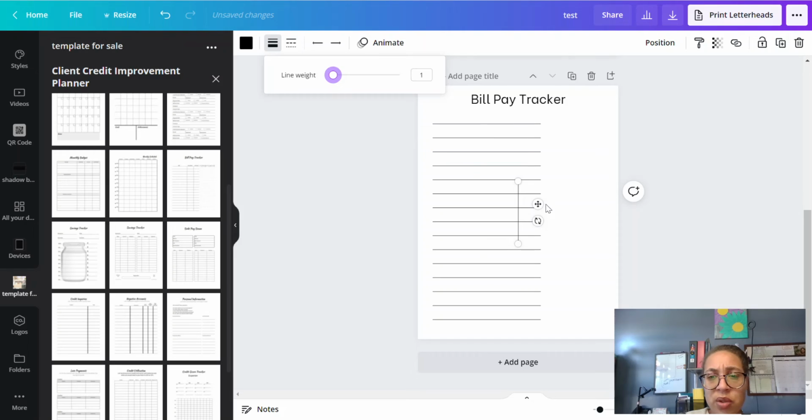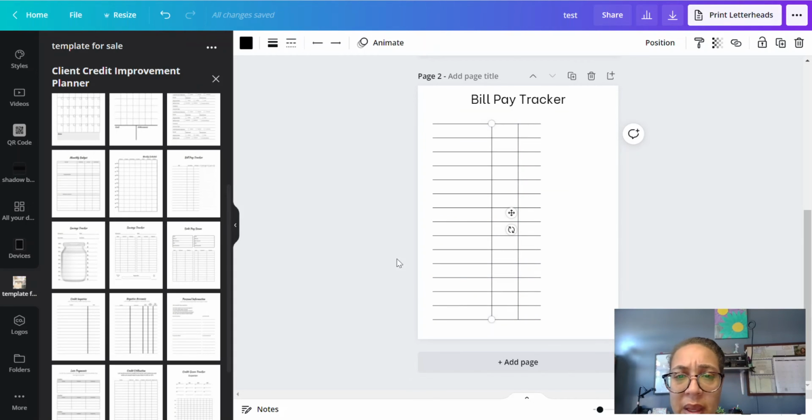I'm going to change the weight, and add it down to the bottom, and I'm going to duplicate that. There, and I'm going to move this over just a touch. Okay,